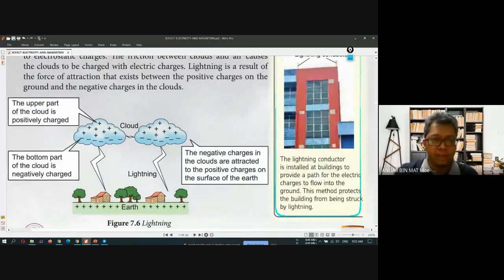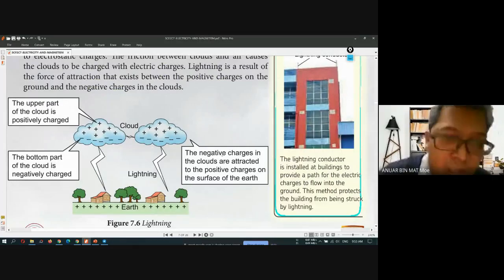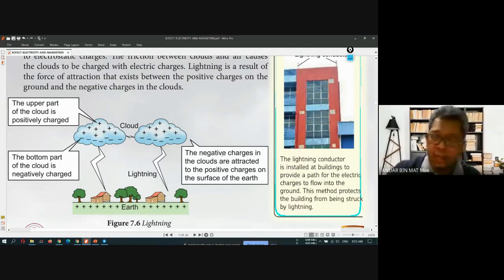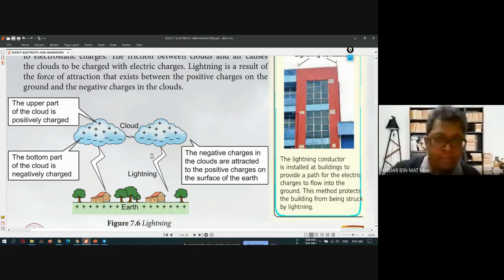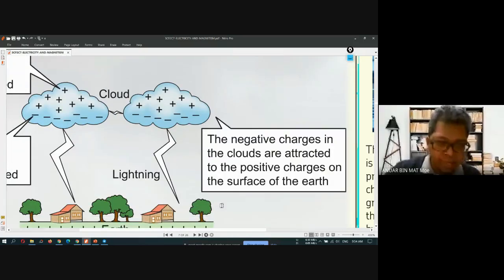Lightning, class, is usually after the rain, when there is a storm, right? You can hear very loud thunder, and you can see the flashes of lightning. Actually, lightning is the biggest electrostatic phenomenon that we can see and feel. Usually we cannot see electrostatics, but lightning is one example, the biggest one. Why? Because if you look at the diagram here,